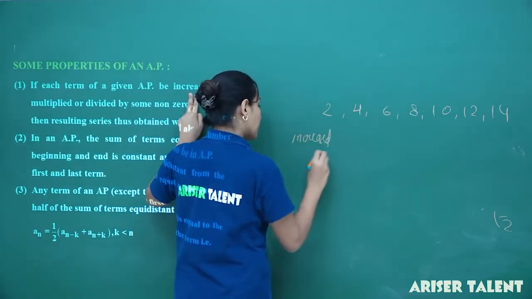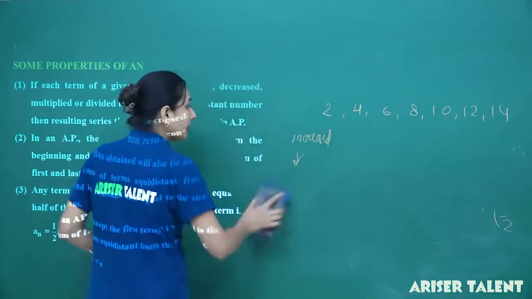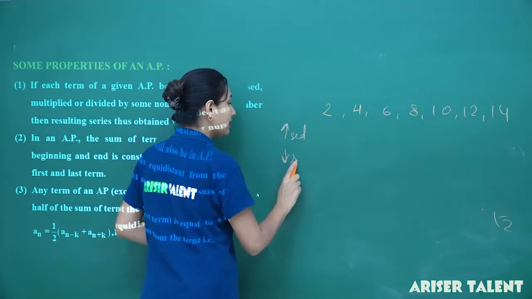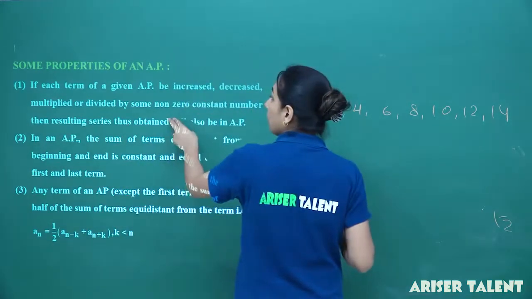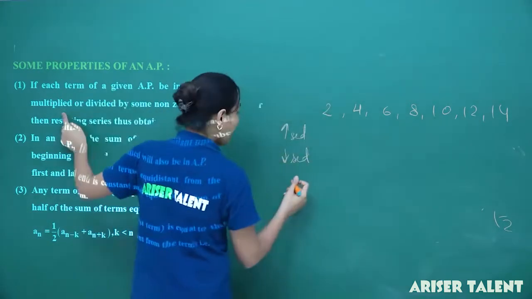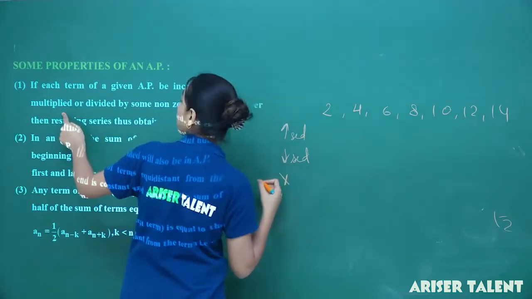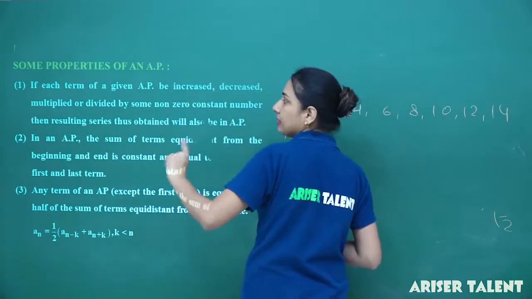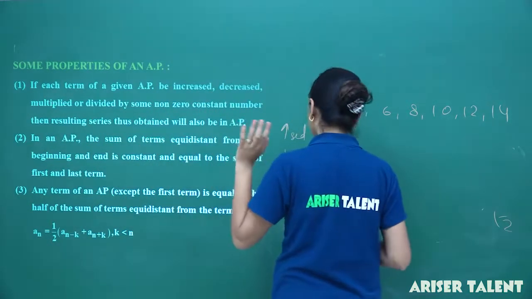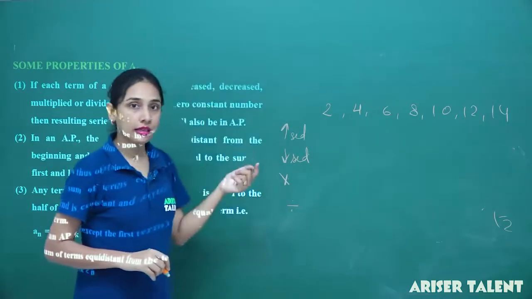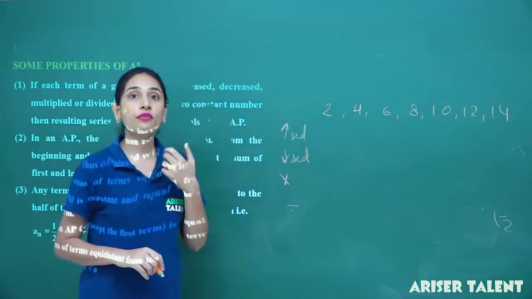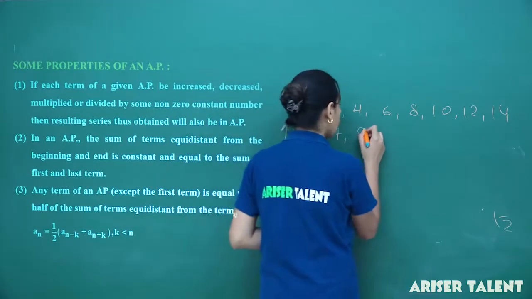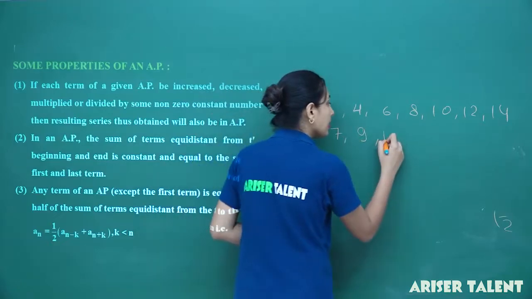Now if I increase it by, let's say, 5: 5 plus 2 is 7, 5 plus 4 is 9, 5 plus 6 is 11,